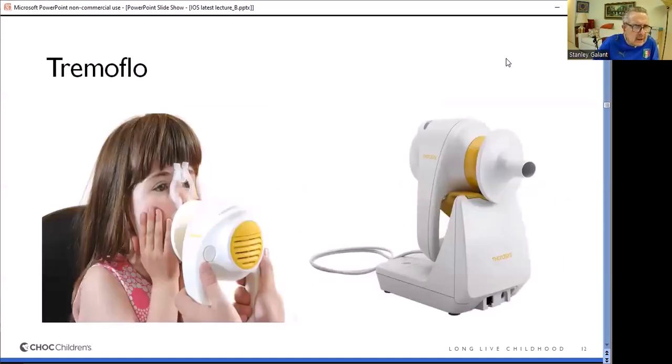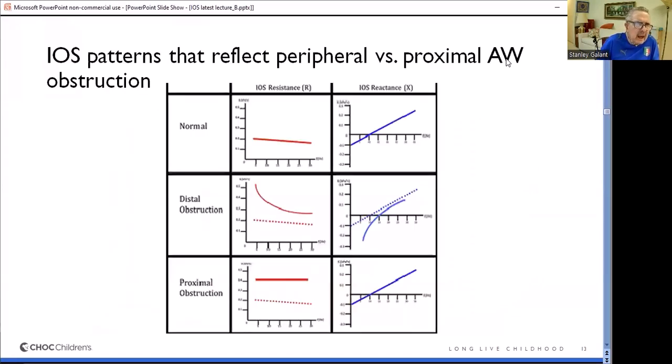A more recent development is a portable oscillometer called the Tremaflow. And I think that is going to be used more in the future because of its portability. Now, if one were to look at the patterns of oscillometry, looking at the peripheral versus the proximal or central